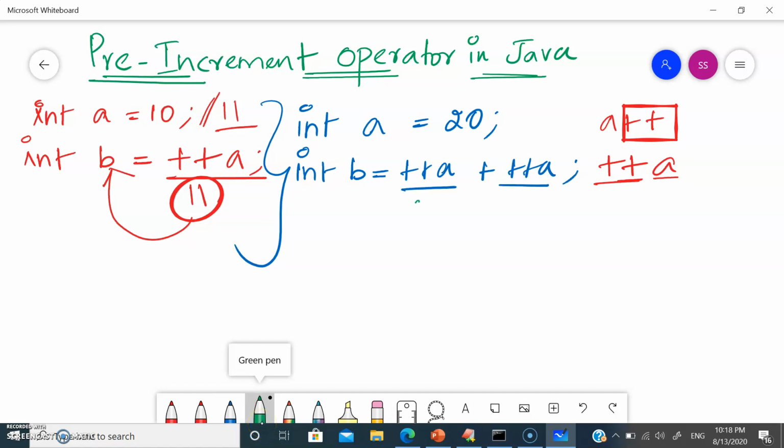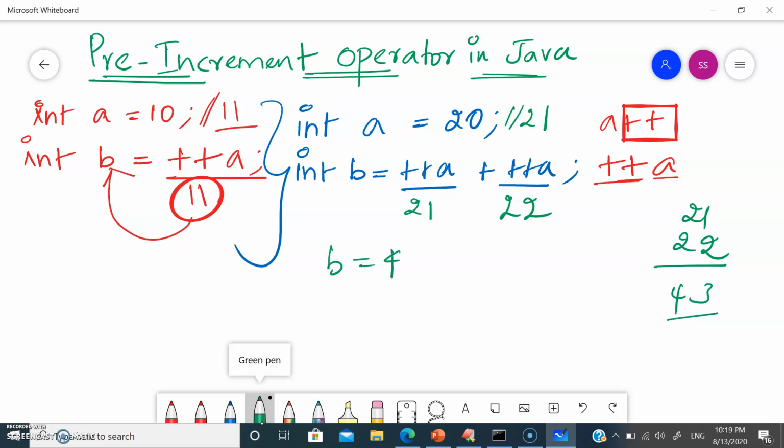What is the value of 20? 21. So now the a value also will become 21. Here 22. So 21 plus 22, 2 plus 1 is 3, 2 plus 2 is 4. So the b value is 43.